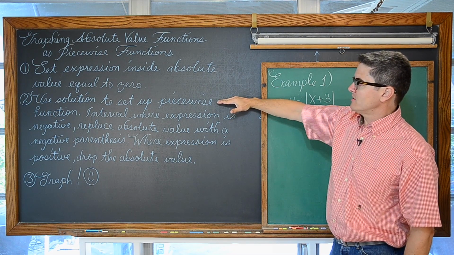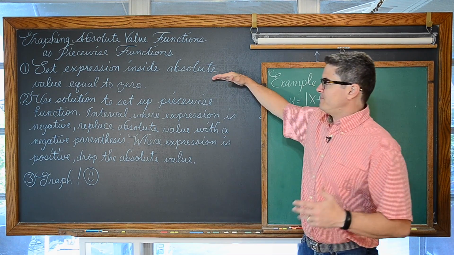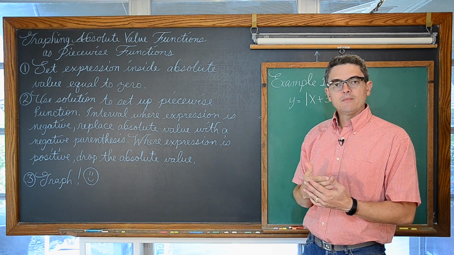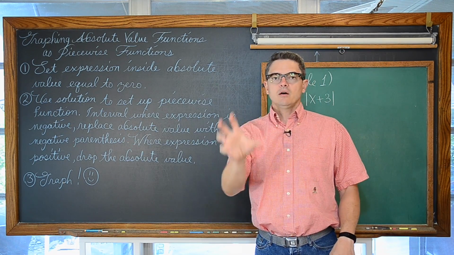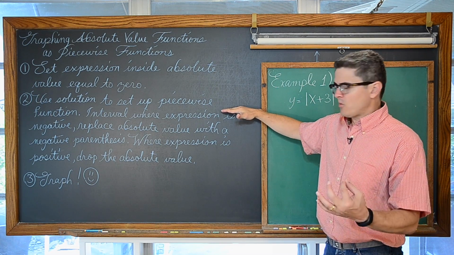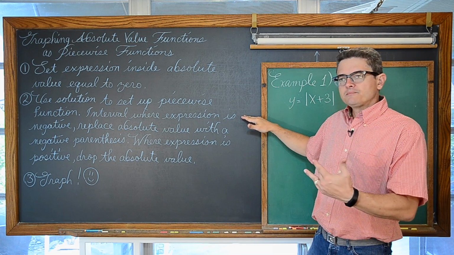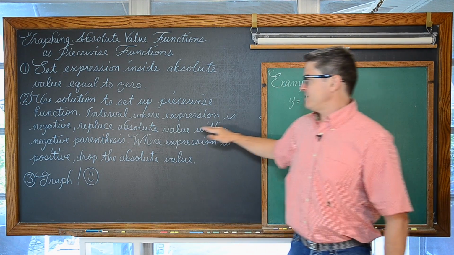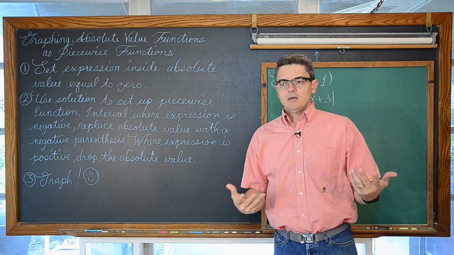We're going to use the solution that we get from step 1 to set up our piecewise function. The solutions from step 1 are almost critical values along your number line, and between each of these critical values we're going to have intervals along the number line. And for each interval, you're going to test one point, and if that numerical value within an interval creates a final result, after you simplify, which is negative, then we're going to rewrite the function but replace the absolute value with a set of negative parentheses,